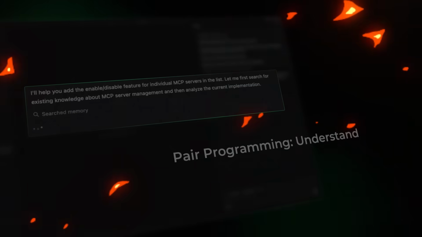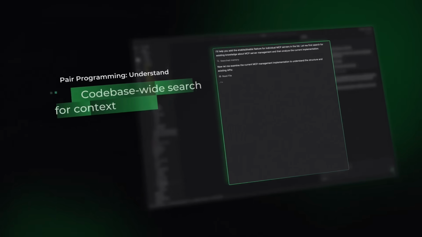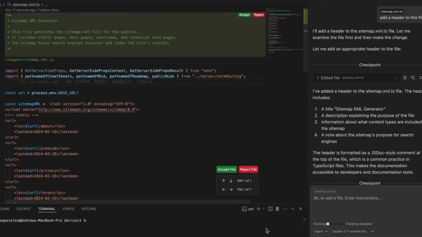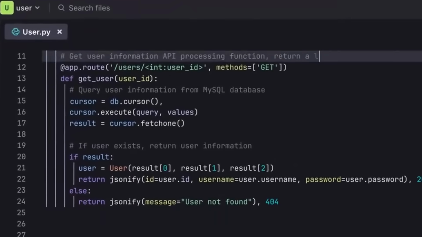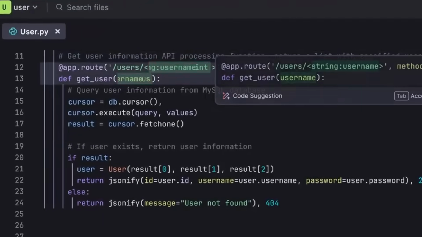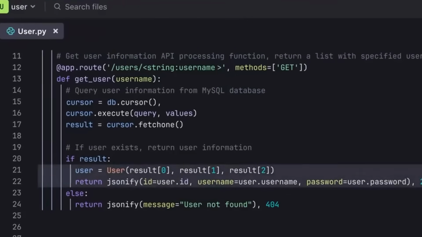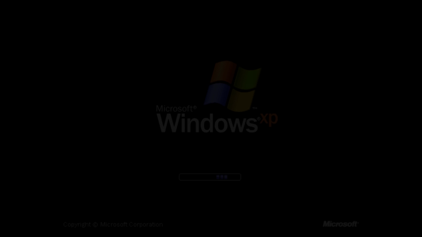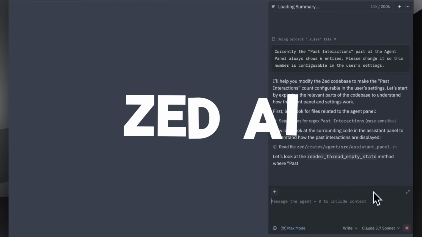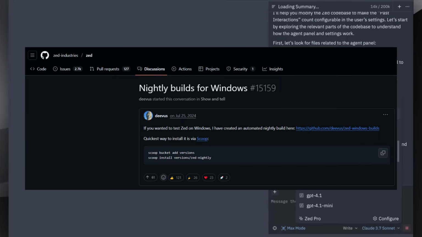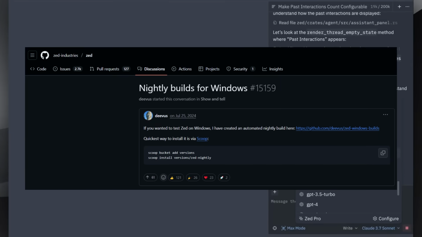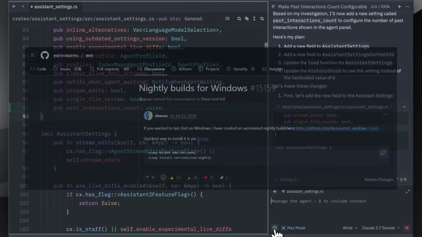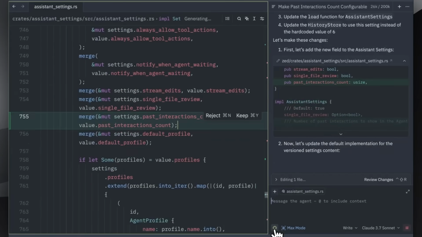On this channel, we've covered a ton of open source agentic IDEs from Quoter to Void to even Trade. But there's always been that one that I never got a chance to actually try out because my operating system couldn't actually host it. And that was Zed AI. Finally, I've gotten access to the beta nightly build for Windows. And with the official release coming later in October, all I can say is this open source IDE is truly